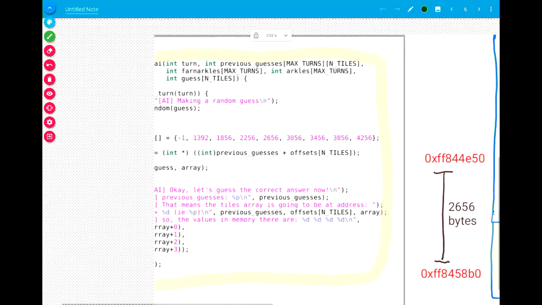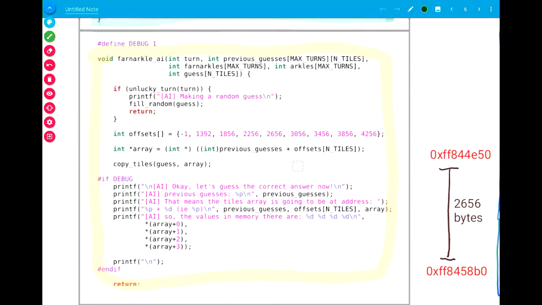And so this is my code over here. I've removed some of the irrelevant stuff. You'll notice that we didn't have a score of 1 on the scoreboard because it'd be really obvious that I was cheating if I always guessed in 1. So I made it have a thing that decides how many turns it should take to guess. It makes some number of random guesses, and then after that, it does the actual work. And so I have this offsets array because the number of tiles would change,